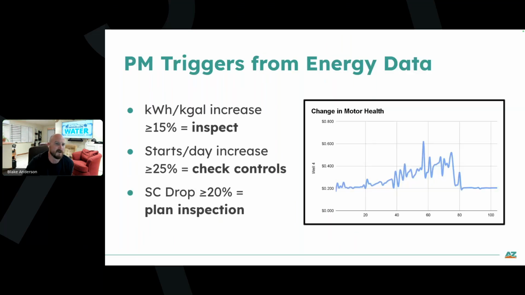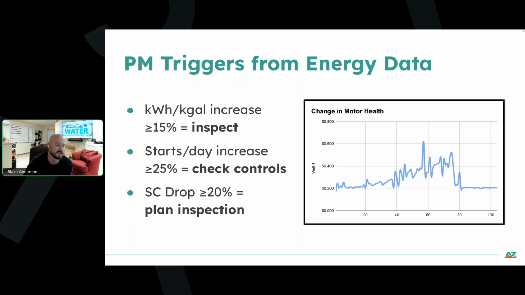And so here's kind of the triggers in summary of what we want to look for, and basically numbers that are going to cause us to start looking at like, hey, we need to make this into a work order and actually get somebody, we need to do a little bit deeper dive. And so if we see our kilowatt hour by K gallons increase by 15%, we're going to go inspect stuff. If we see our starts and stops per day increase by 25%, and there's not a corresponding change in demand,